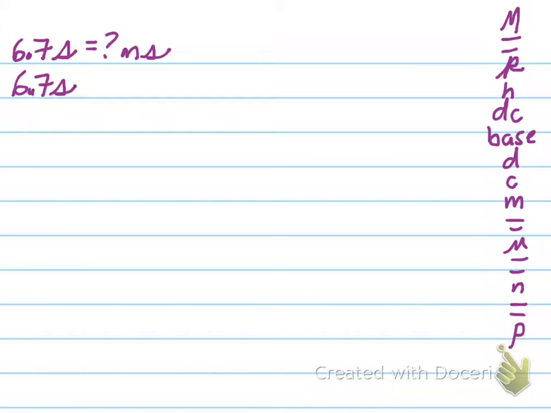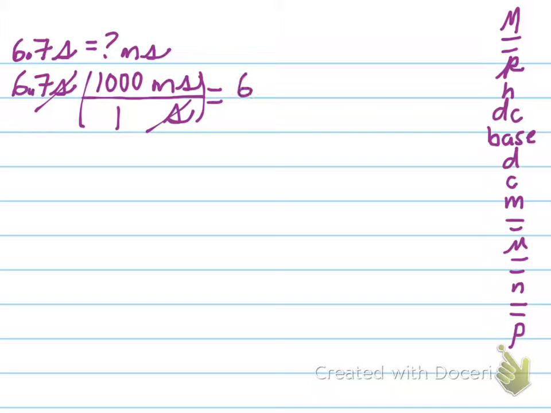6.7 seconds. Seconds have to go on the bottom. Milliseconds are going to go on the top. A second is larger, so I'll make it 1. Millisecond is 1, 2, 3. Okay. So I'm going to write a 1 with 3 zeros behind it, which basically means I'm going to move my decimal place 3 places to the right. So I'm going to have 6,700